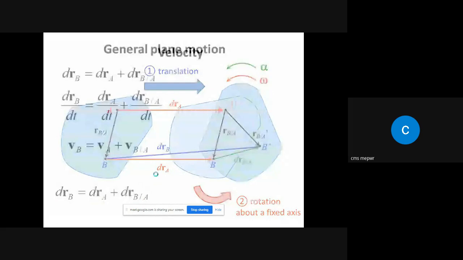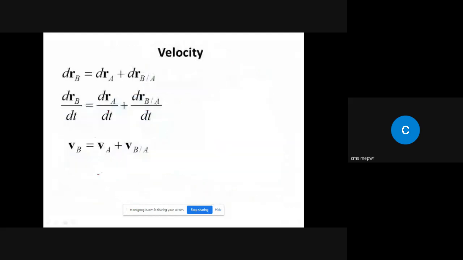Okay, so if we take the time derivative of this equation, we get the velocity of point B. This will give us the velocity of point A, and this one will give us the relative velocity of point B with respect to point A. Okay, so this means if we remove this portion,